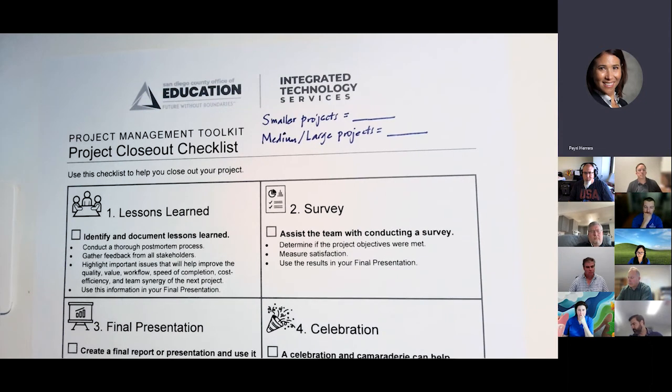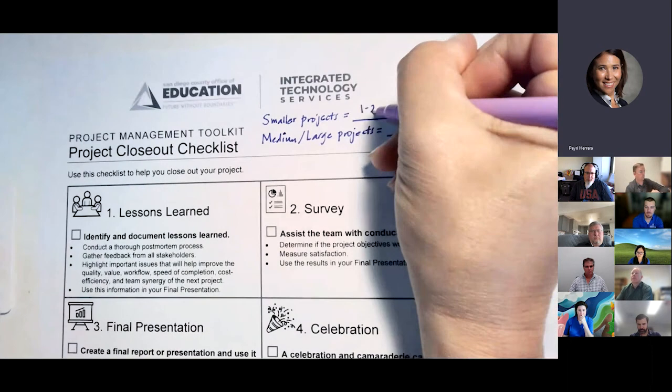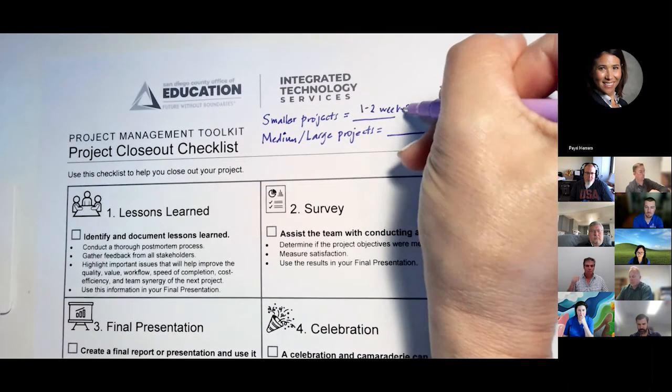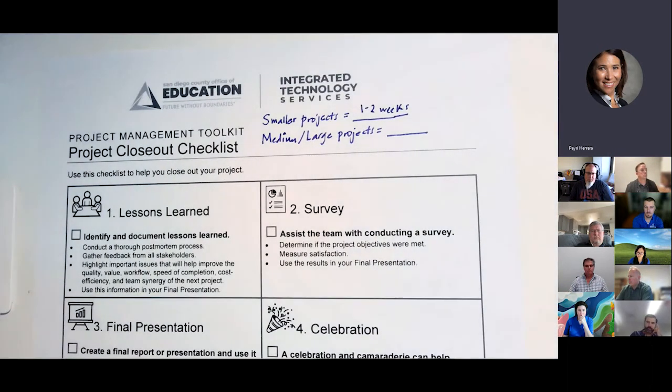All right, so when you close out a project, I just said that your project doesn't end at go live. You need to allot more time in your schedule. So how much time are you leaving after go live to close your project? It's going to vary, and there's really no hard and fast rule. But in my mind, in a smaller project, I leave myself about 1 to 2 weeks. And again, it could vary, but for a small project that didn't require a lot of time to roll out, there's just some loose ends I want to tidy up.